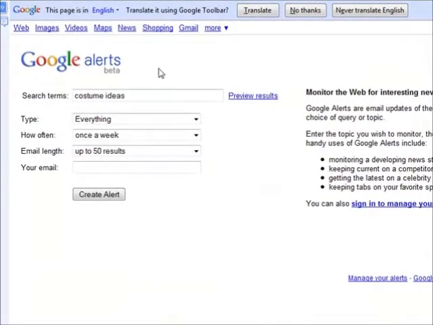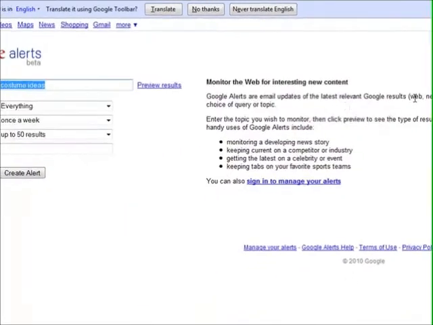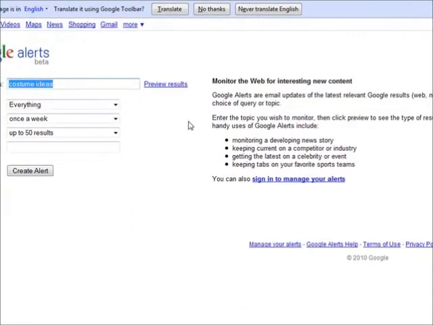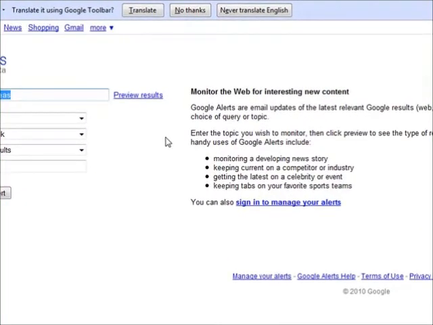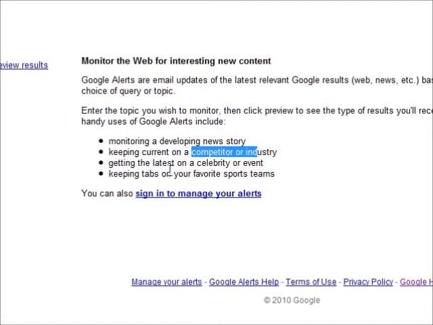Okay, this is Google Alerts. This is just another way to kind of gather more information. So for example, if you want to get information on costume ideas, Google Alerts will email you updates on relevant search results based on your query. So if you'd like to monitor what blog updates, news stories are coming in, competition in your industry,